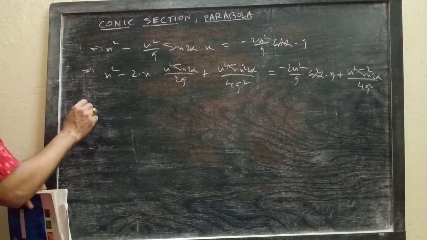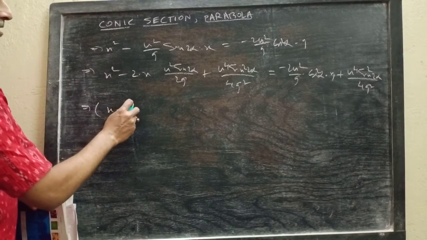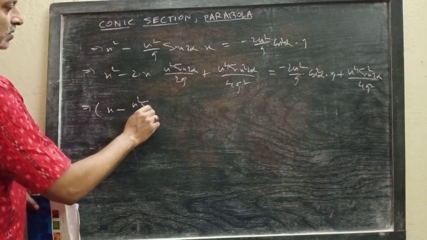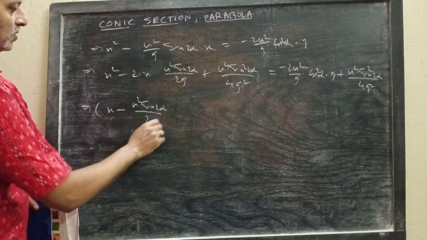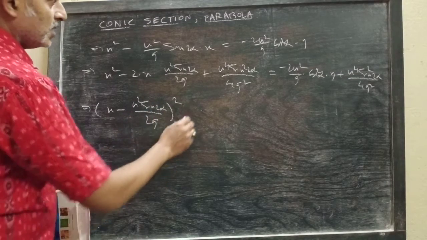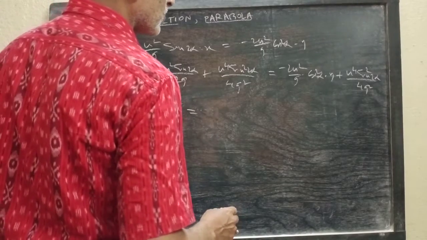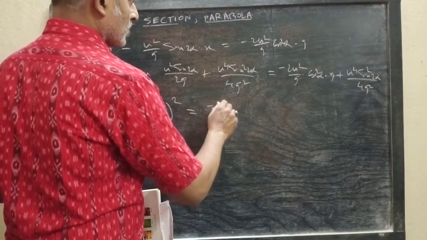Now we have x minus u square sin 2 alpha by 2g, whole square, and here we get